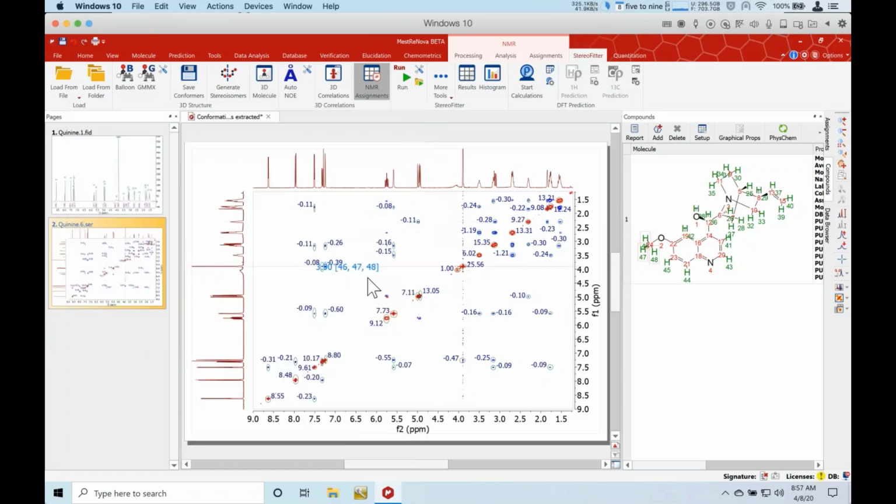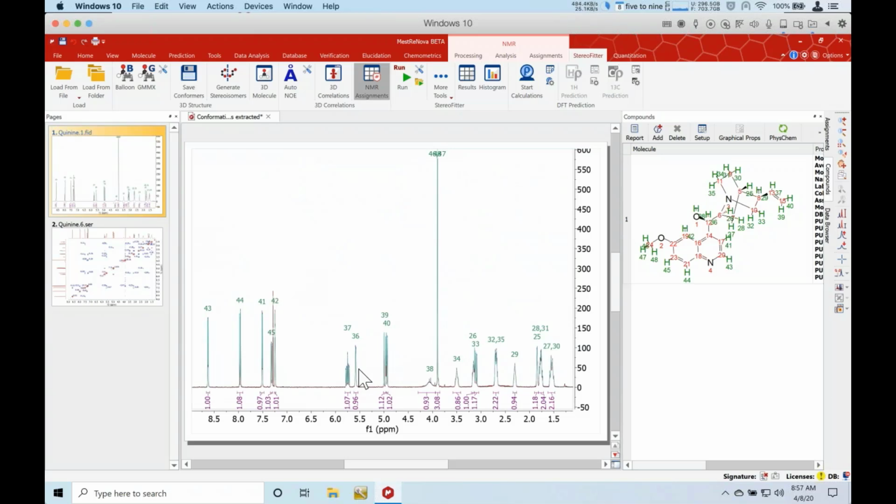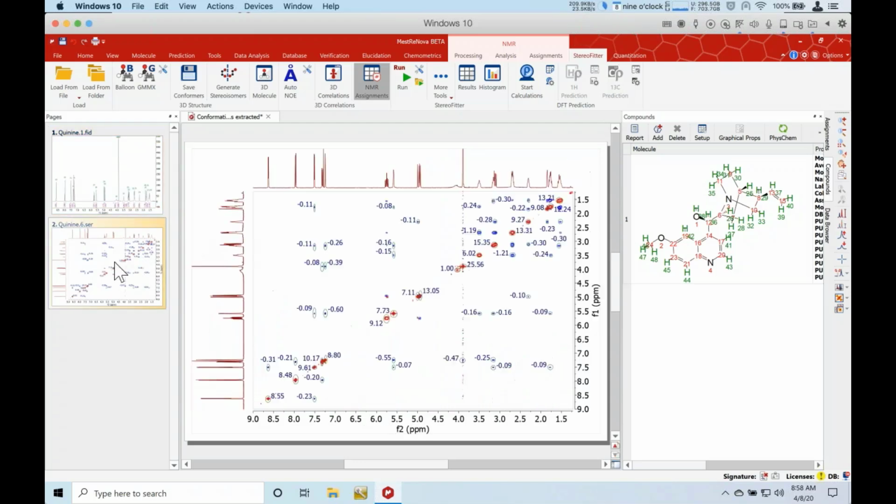And so here we have a pre-picked and pre-integrated NOESY spectrum. It's assigned as well, so the proton spectrum is assigned. And as I mentioned at the very top of the presentation, there are lots and lots of tools within Mnova which allow you to get to this point very quickly. So once we have an assigned NOESY spectrum, and each of these cross peaks are present in the assignments table already,